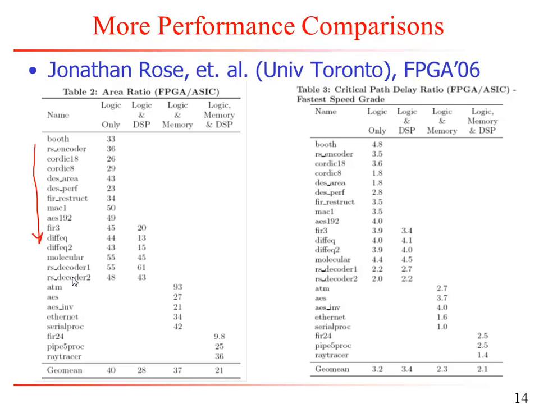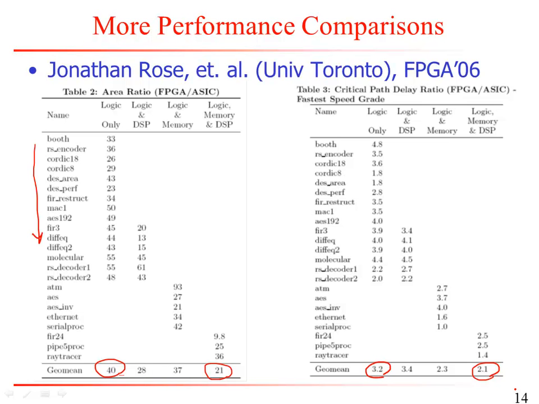And basically, if they use these new features of the FPGAs, then the area ratio, and the area is the silicon footprint that you need on FPGA to implement it, as opposed to ASIC, goes down from 40x worse for FPGA compared to ASIC down to 21x worse. 21 seems like a very, very large number, but if you consider the flexibility that buys you, then it doesn't seem to be that much higher. And then the next table talks about the delay ratio. And you can see that FPGAs could be there at 2.1x compared to ASIC, which is pretty good. I mean, compared to 2002, in which you had 20x, 10x, coming down to 3 or 2 was a big